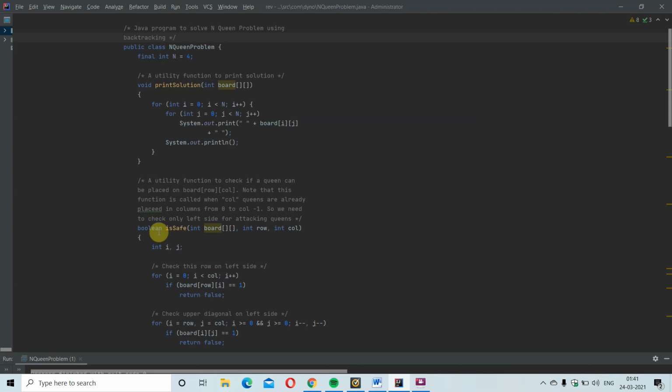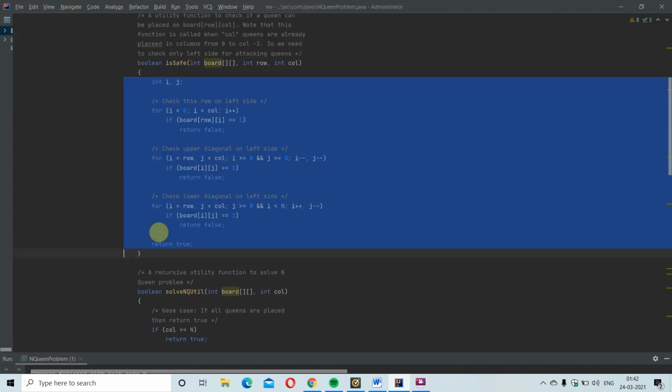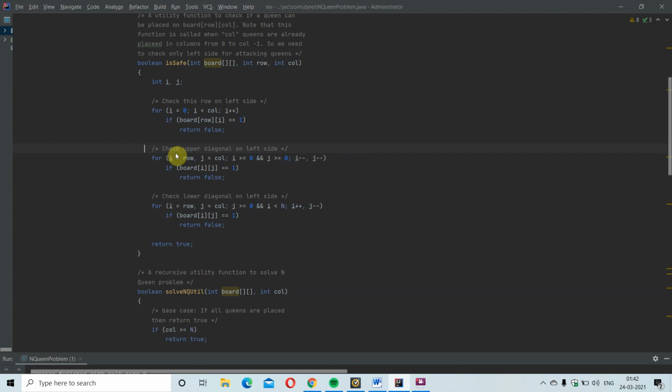I am iterating through columns using i equal to 0, i less than column. I am checking whether board of row and i is equal to 1, that is, whether a queen is already there. If it is so, false will be returned. Then I check the upper diagonal on the left side. Now I am going to check the lower diagonal on the left side.